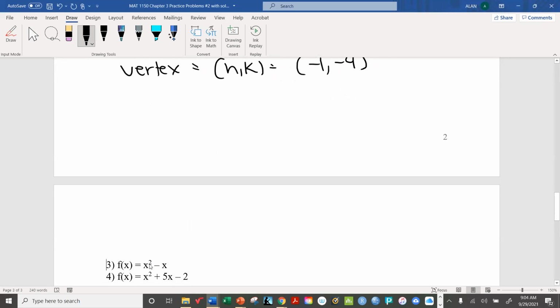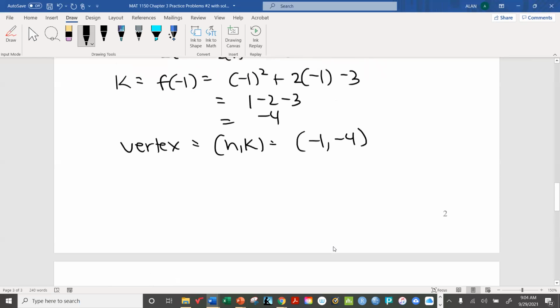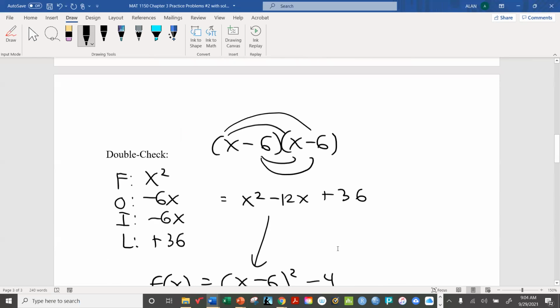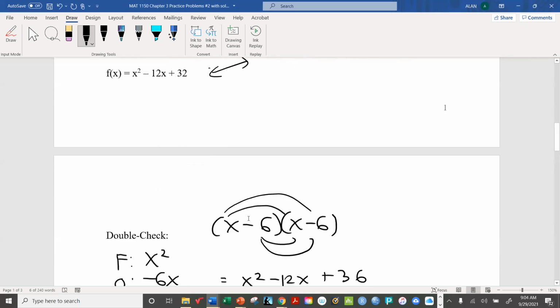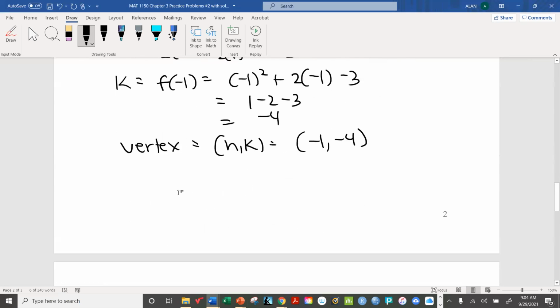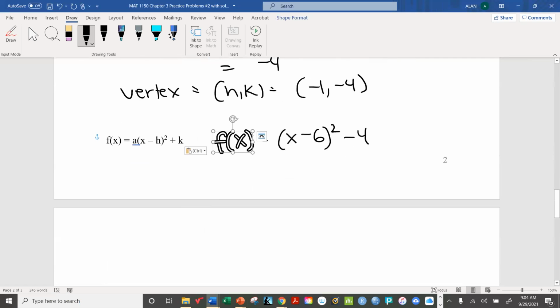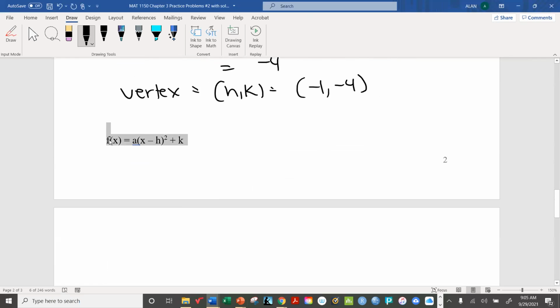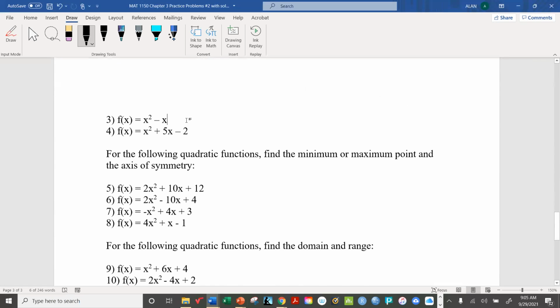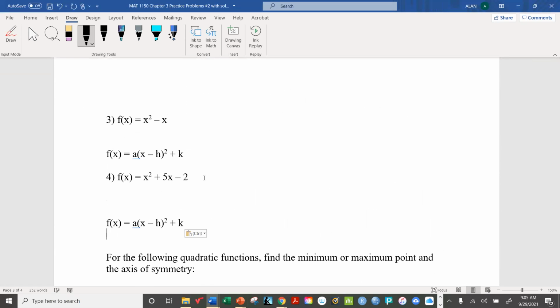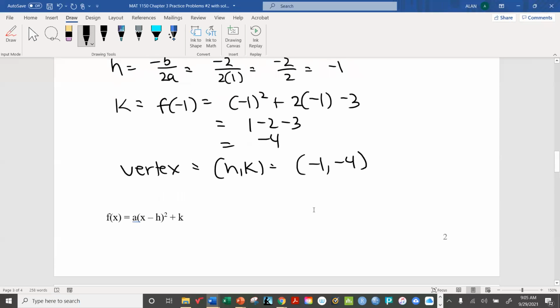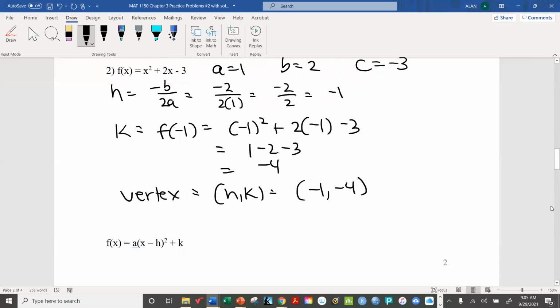So then also remember that the format that we're looking for is this. All right, in fact, I'm going to copy this into all of these, just so we have a reference point. We don't want to have to keep scrolling back and forth 100 times. So that being the case, what you're going to do is write